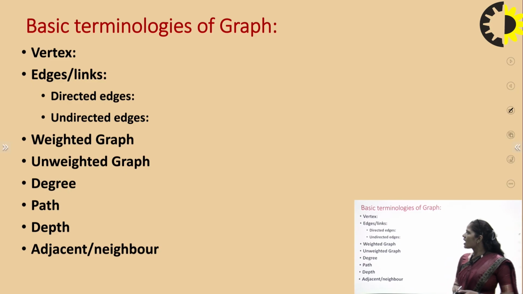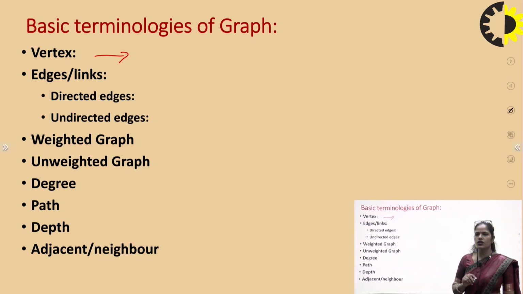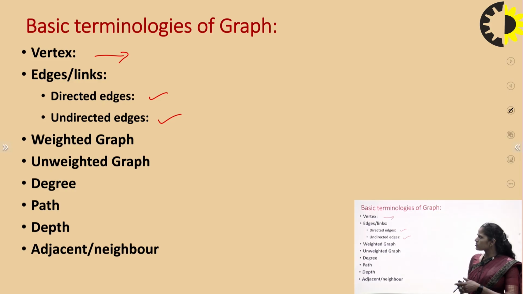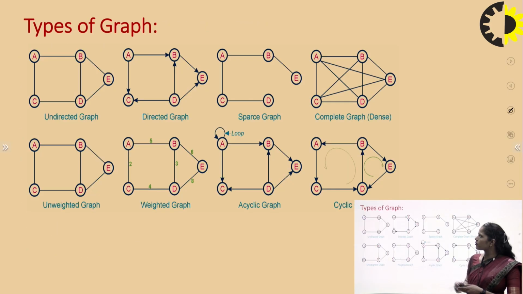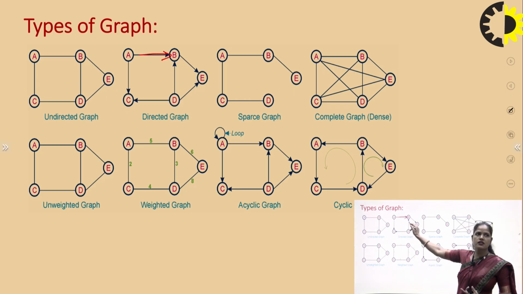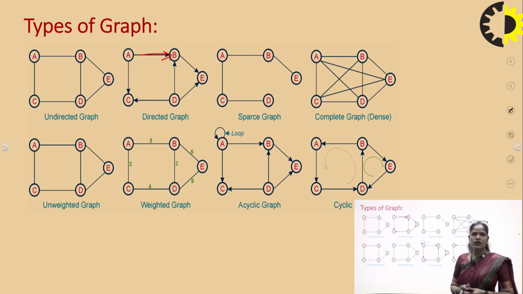Here we have some basic terminology regarding a graph. As we know, a vertex is a real life entity, called a node or a point. Edges are called a relationship or link between two separate vertices. It may be directed edges, it may be undirected edges. In the next slides, we will discuss this. Just suppose these are edges, but these edges are directed because they have a direction. So these are directed edges.